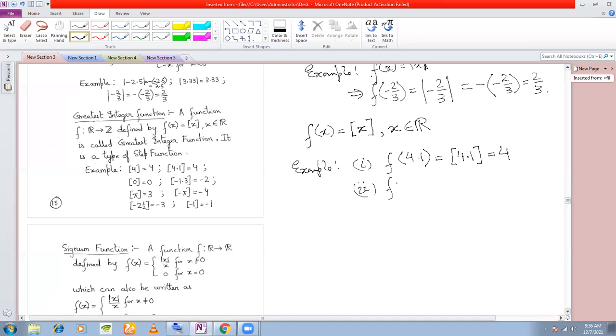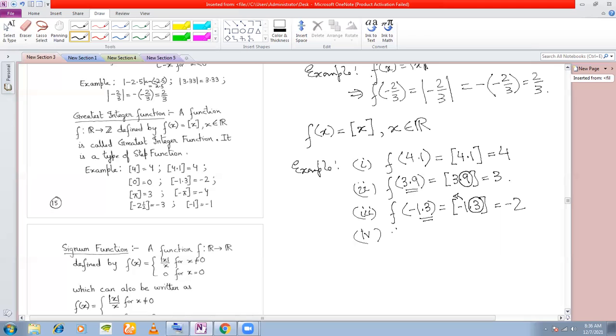Suppose if you have f(3.9), then what will be your answer? Your answer will be 3. Okay. In case the number here is positive, you simply remove the decimal part. That is the rule. Okay. Next, if you have, let's say, f(-1.3), then what should be your answer? Minus 1.3. How do you work out? When the number here is negative, remember, we not only remove this part, but we also add minus 1 to this. That means your answer will be minus 2. Okay.